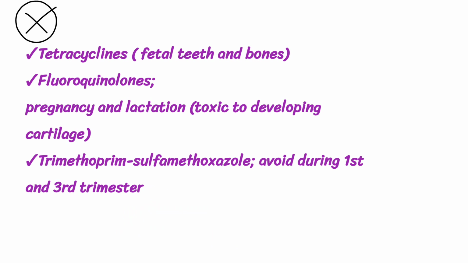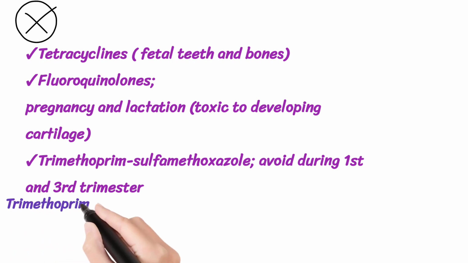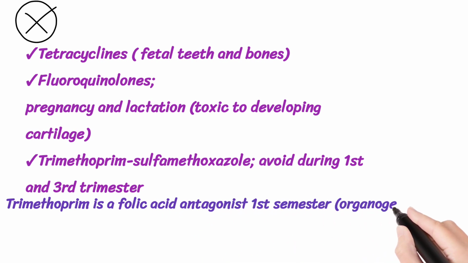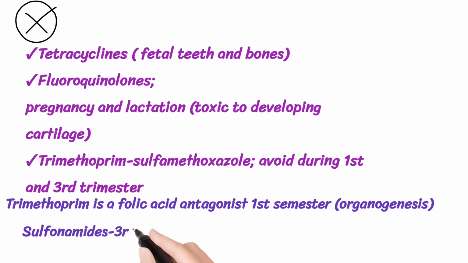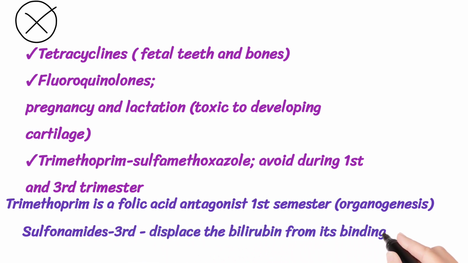Trimethoprim-sulfamethoxazole is not used in the first and third trimester. This drug is commonly used in UTI. You will note that, as you have discussed before, you have not used this drug, and the reason is that you don't use it in the first and third trimester, because in the first it is a folic acid antagonist. That is, during the first trimester there's organogenesis, and in the third trimester it displaces bilirubin, and it can cause neonatal jaundice, predisposing the child to